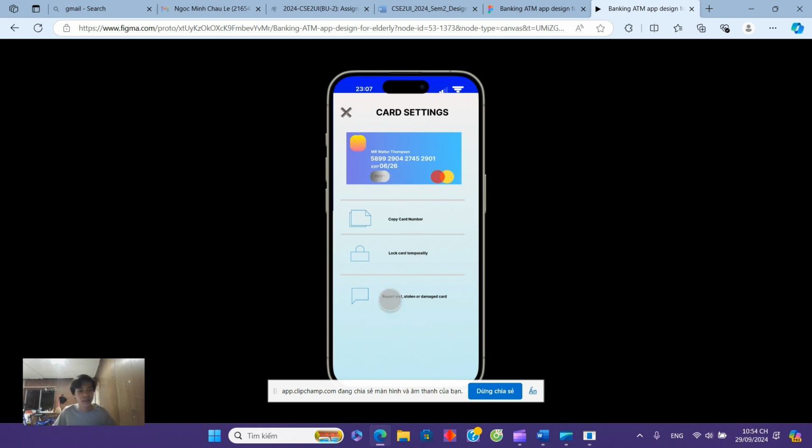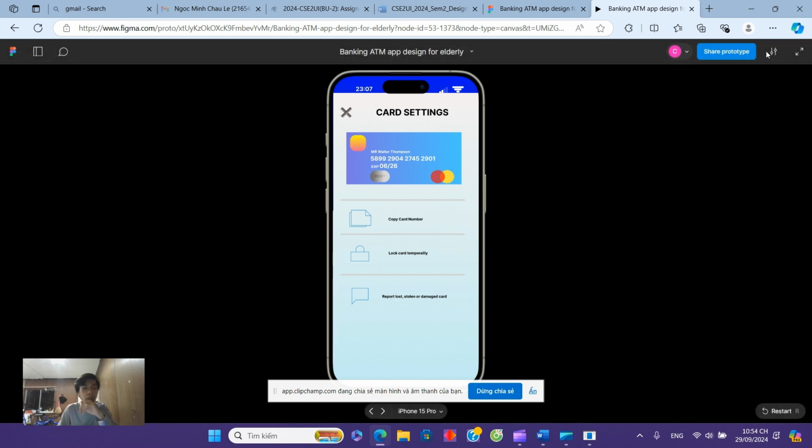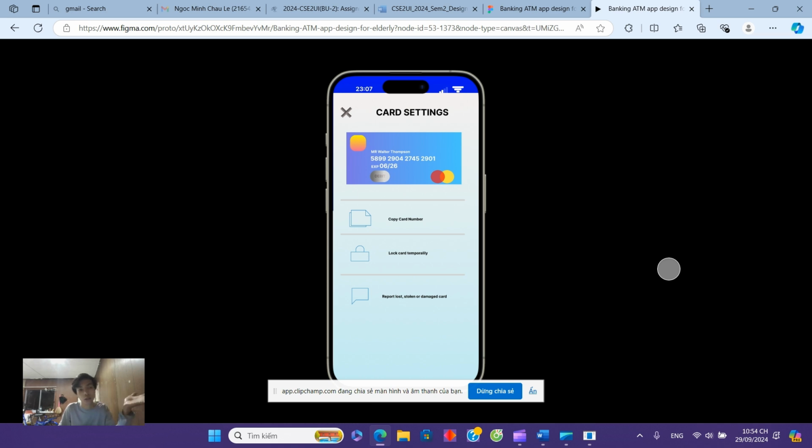And down here are some extra functions for that card. We can manage the card. For example, you want to pay something on the internet, right? Shopping online or paying for something from the internet. You can click on this one, copy that, and you can go to any payment and paste on that one and finish. It's really quick, right? Very convenient function. All right,